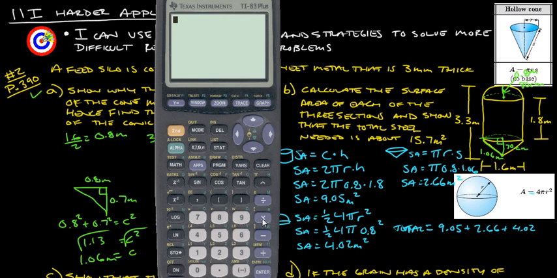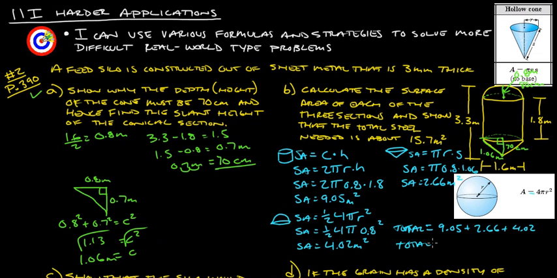So let's try that out: 9.05 plus 2.66 plus 4.02, and we get 15.73 square meters, and we were supposed to show that it's about 15.7,